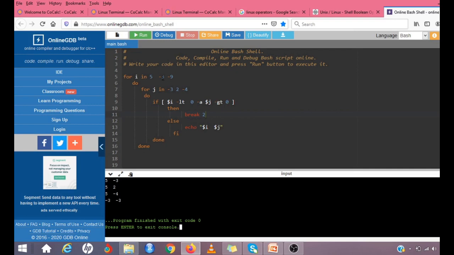Now i is minus 3, j is 2. Now you can see that the condition will be satisfied: i must be a negative number, j must be a positive number. Now I encounter a break 2, that means break out of the second enclosing loop. The first enclosing loop is j and the second enclosing loop is the i loop. So it will come out of that, and here you can see that no other value is printed.